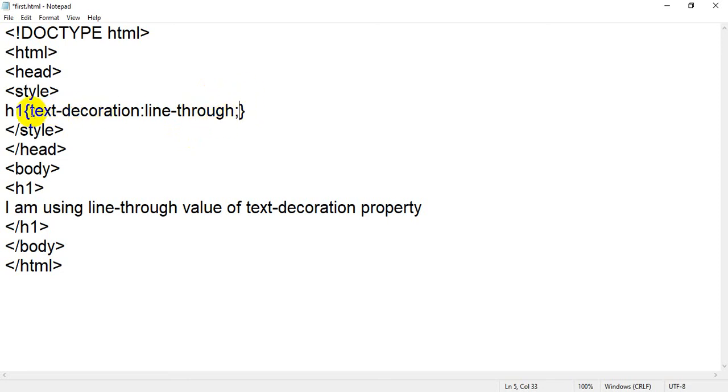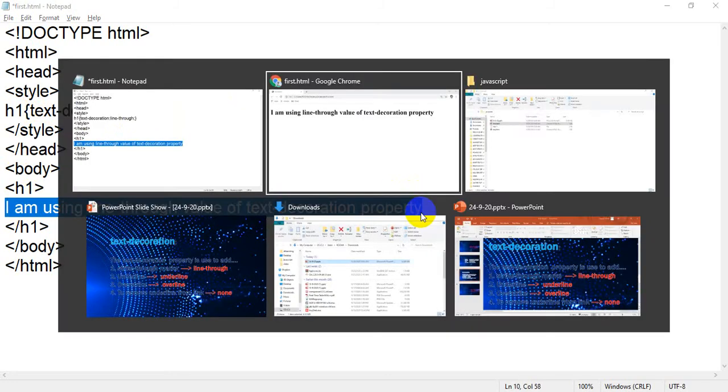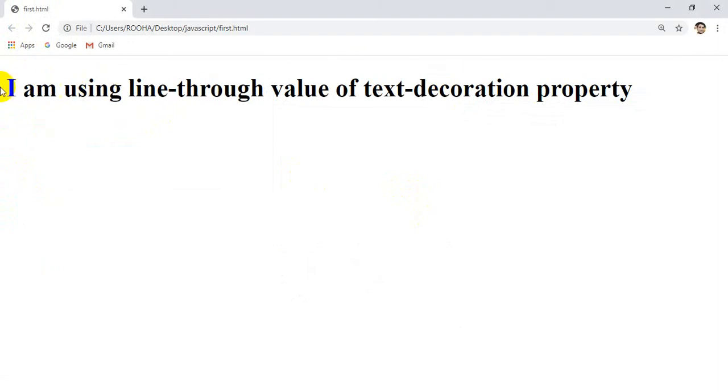Getting it? So text decoration is a property, and the first value you can choose is line-through. Now I am applying this rule, this CSS, on H1. So what is the content inside the H1? This is the content. If you go back to your browser right now, you don't have any line, because when you refresh the page it will apply your CSS. So when I refresh the page,